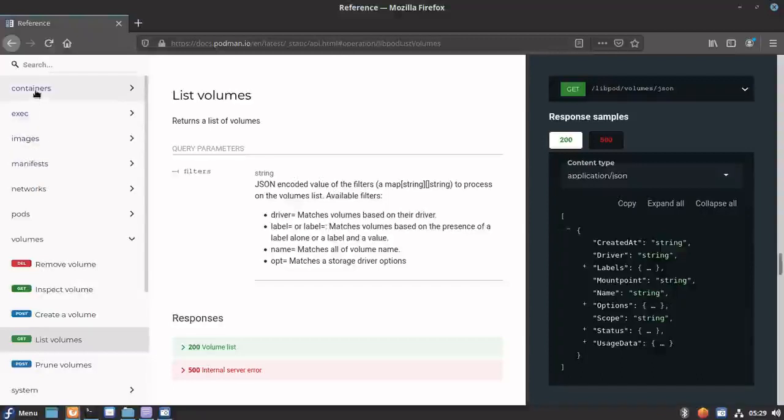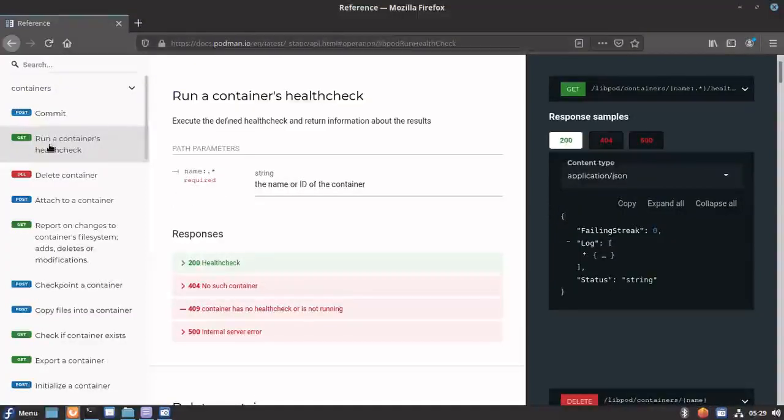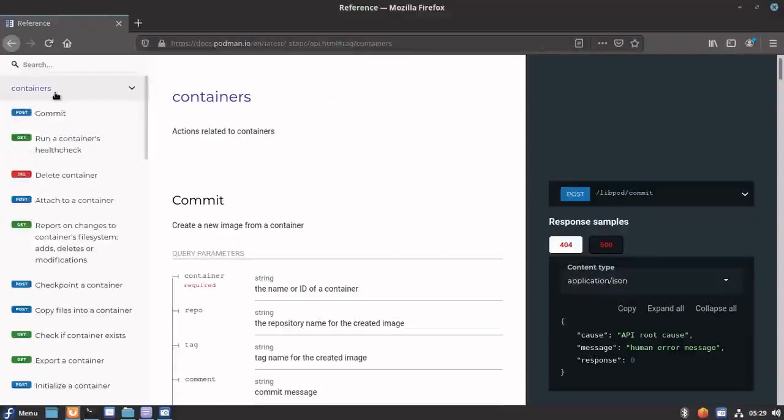The context is basically the resource which we want to manage. For each resource there is a specific context. For containers, for example, we have many operations we can manage: commit, run container, delete container. Each resource has a context root. You can see the GET request, and what we need to pass after libpod.